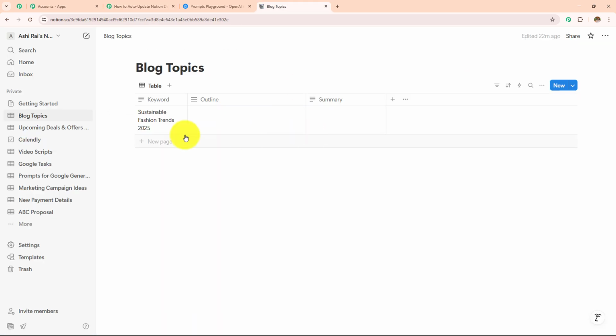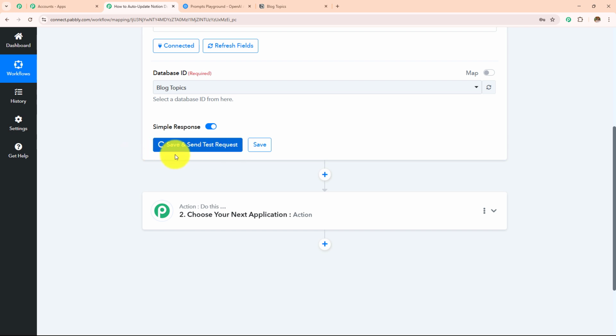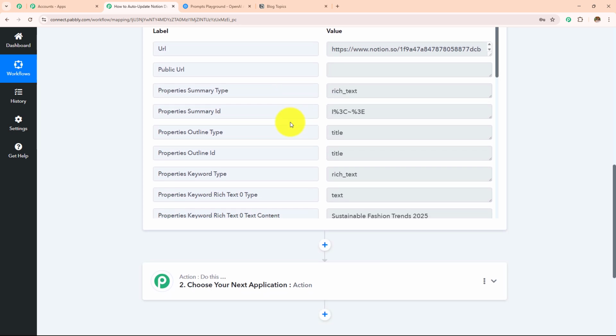Now you can see that I have already added a keyword, sustainable fashion trends 2025, and I'm going to receive the response in my Pabbly Connect workflow as soon as I click on Save and Send Test Request. So let me quickly click on Save and Send Test Request, and here we can see that we have